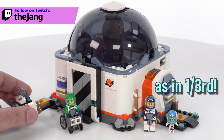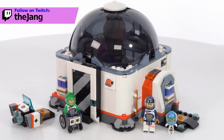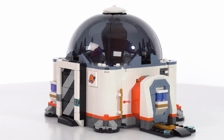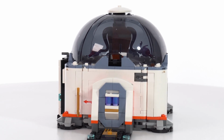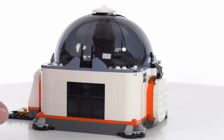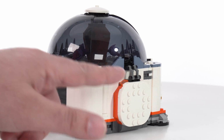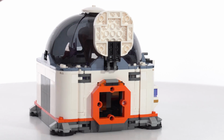There's a very small side build, but most of the parts you pay for are concentrated into the core structure. LEGO doesn't do a whole lot of structures these days that are closed up around all sides, but this is one of them, even though it's relatively small. I appreciate that, although from the other angles, the ones that aren't shown on the box that much, it doesn't look that interesting. This is very plain looking around this side, although it's very functional because ultimately that opens up and gives you